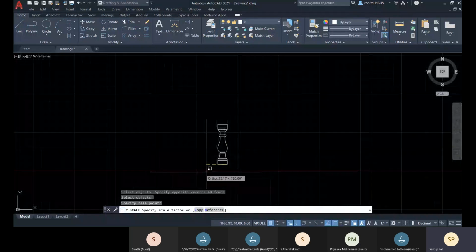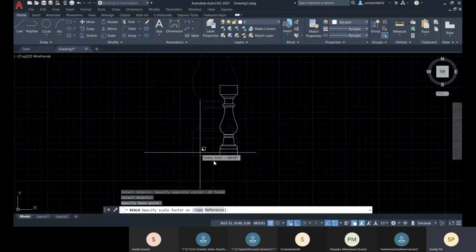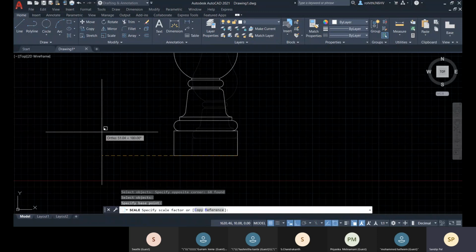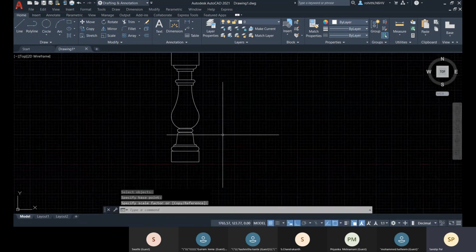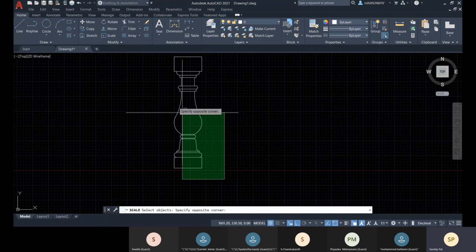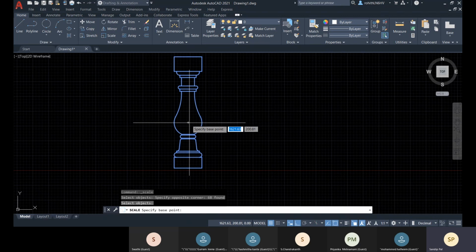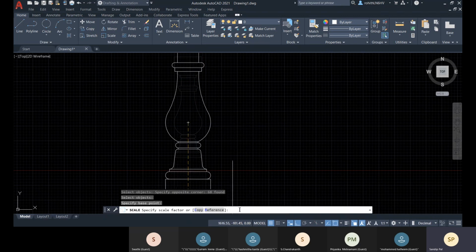Okay, if you want to change the position, like all the other points' position will be changed when it is scaled. So make sure you define the base point wisely. Okay, and in this scale option, you can specify the scale factor. Let me go to center, and then specify the scale factor.